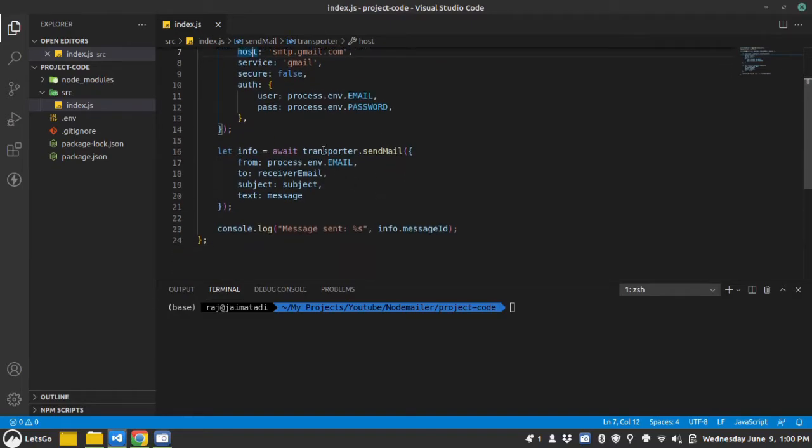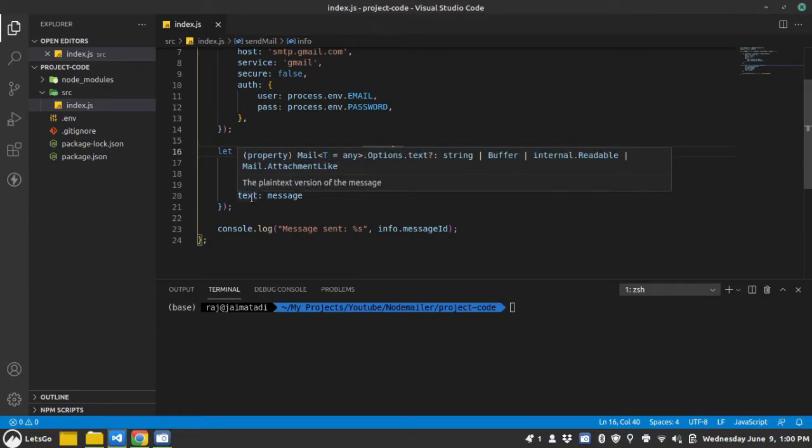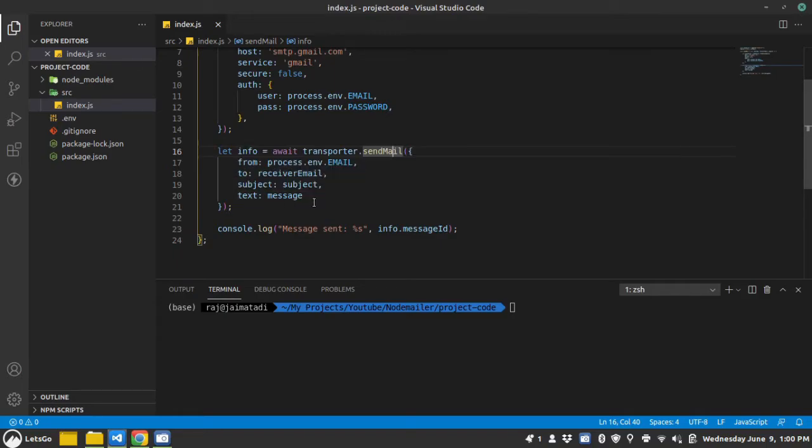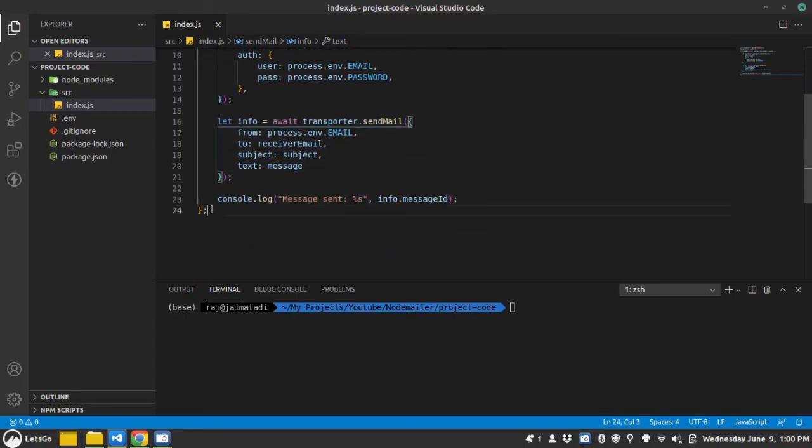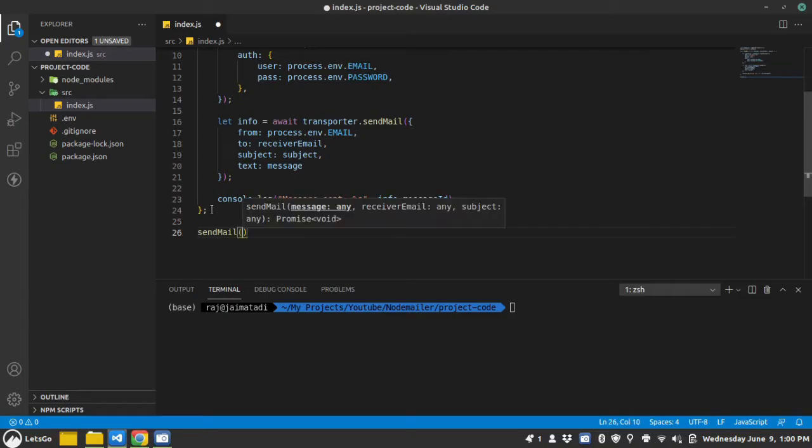Now the transporter has a sendMail method. It has many parameters, and you can read more about them on the official web page. I'm using from, to, subject and text as my message. So let's use this. Let's say sendMail.